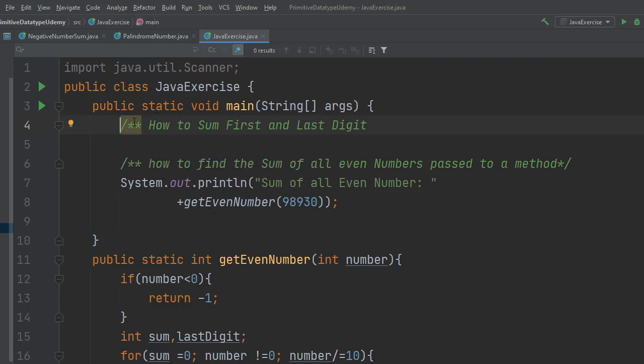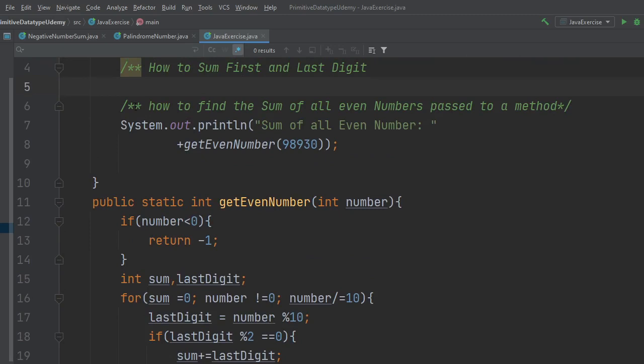In this tutorial we are going to show you how to sum first and last digit numbers among a group of numbers, right? So before we begin with our tutorial, let's try to recap on some of the things we did in our previous tutorial. In our previous tutorial we tried to find the sum of all even numbers passed to